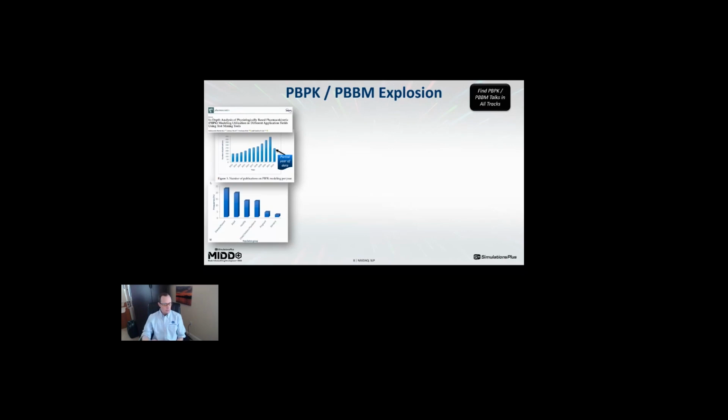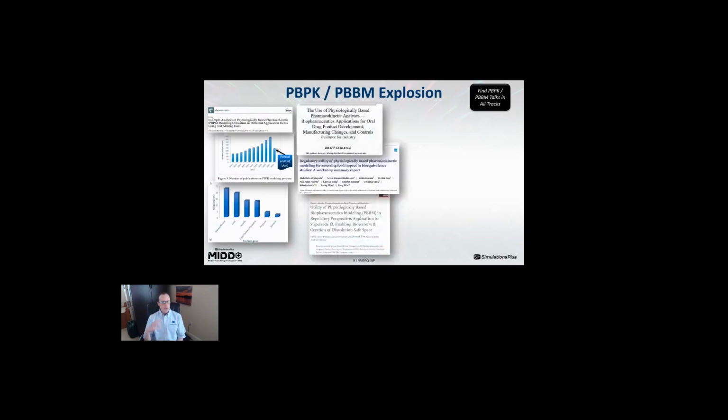We're also seeing in this field a number of draft guidances, workshops, and regulatory happenings. The exciting thing is these aren't just happening in the traditional clinical PBPK applications. They're starting to happen more and more in the bioequivalence and biopharmaceutics areas, thinking about things like safe space and bioequivalence. So we're really seeing meetings and guidances happening left and right.